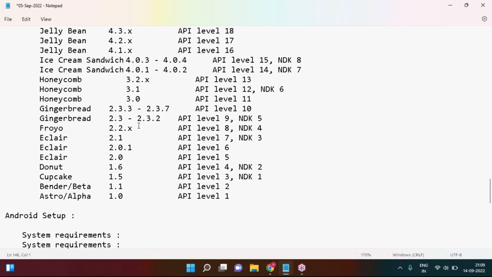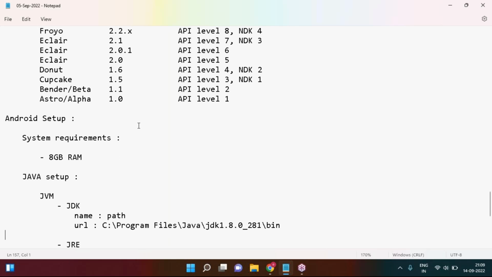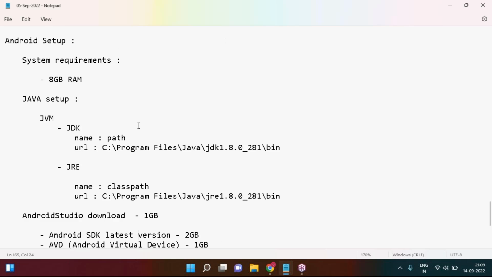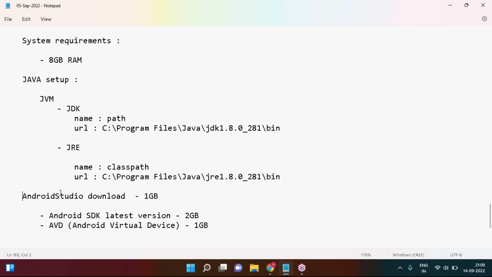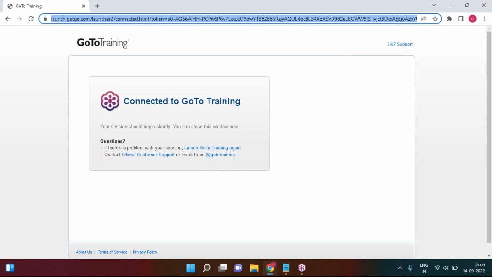After that, I explained how to make the Android setup. For the Android setup, I told you that you need a minimum of 8 GB RAM laptop or PC, which is mandatorily recommended. 4 GB RAM also works, but it will take a lot of time to execute Android applications. If I want to implement an Android application, I need to download the Android Studio IDE, which I can download from